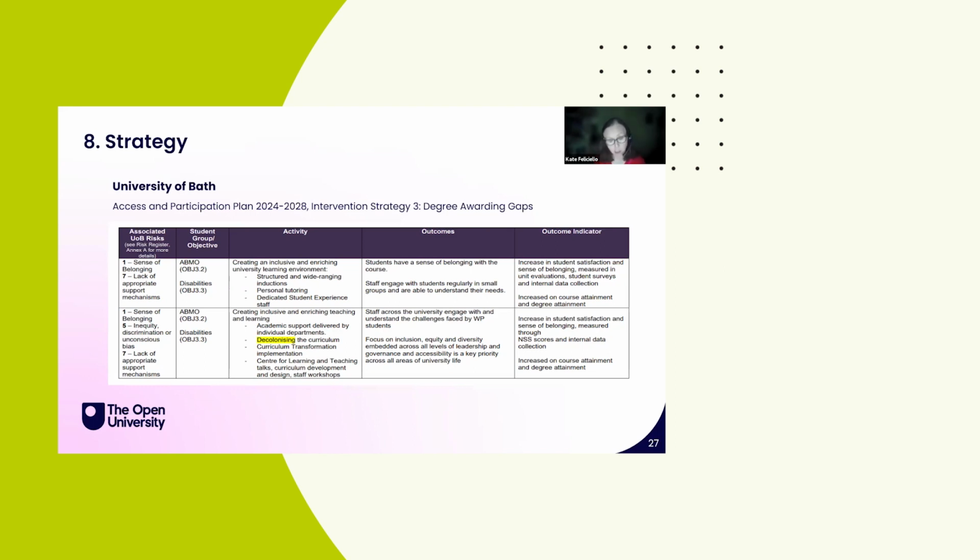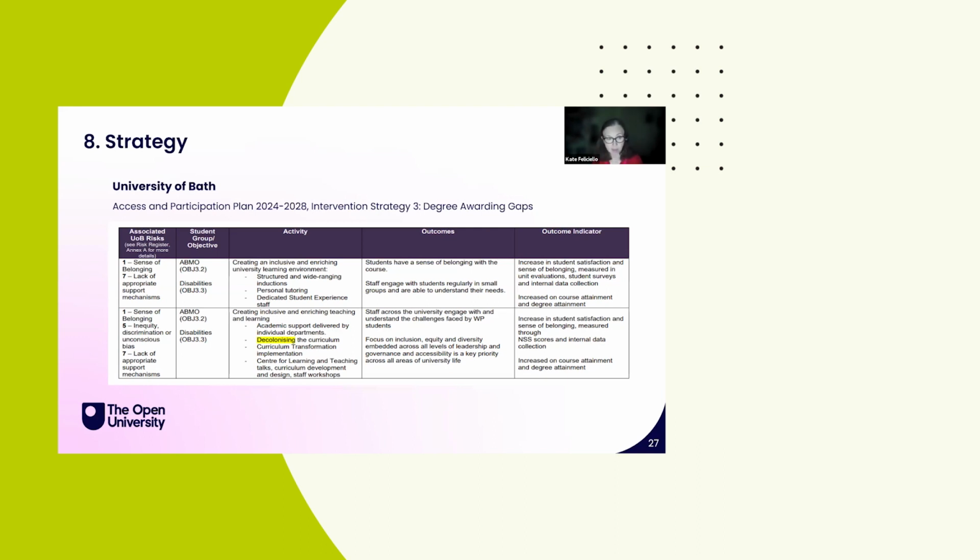This is a section of the University of Bath's Access and Participation Plan, and specifically intervention strategy number 3, which has this objective. It's about degree awarding gaps, to reduce the awarding gap between various groups of students, so between Black and white students or students with disabilities across a range. And you can see they're highlighted. We've actually got decolonizing the curriculum as part of what's going to help narrow that awarding